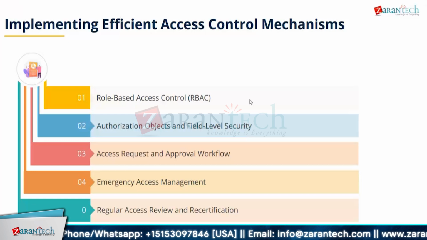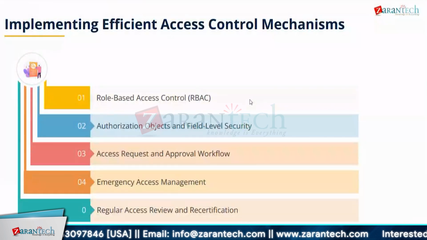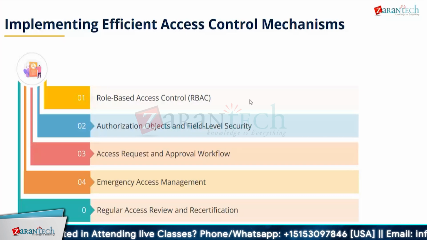The next is the authorization object and field level security. This is something which we do day in and day out with our security in ECC, and the same thing we are repeating in S/4HANA as well. It's just that in S/4HANA, the authorization object level security is limited, because here we need to deal with the services, and we need to ensure that we are working on the service part here. But again, services get embedded into the auth objects. So this is something which we need to ensure that we are doing on a regular basis,